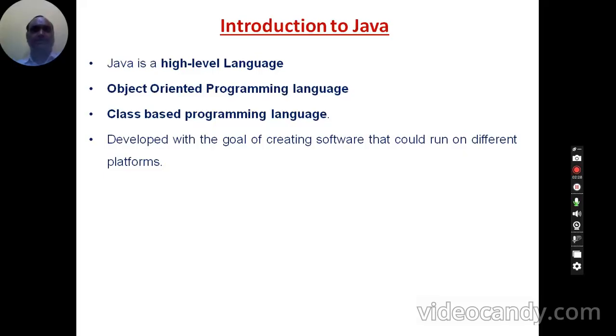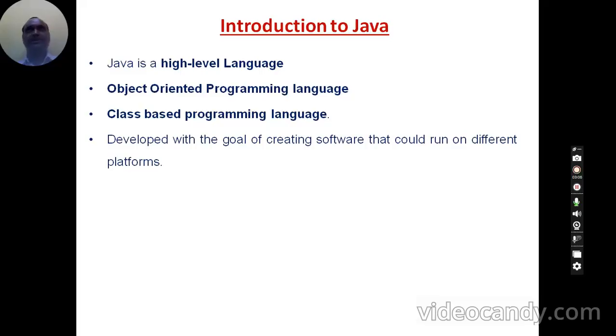So if you write a program on one operating system like Windows, you can run that program on any other operating system like Linux or Mac. Once a Java program is written on any operating system, you can take it and run it on a different operating system without modification. That is the great advantage of Java.